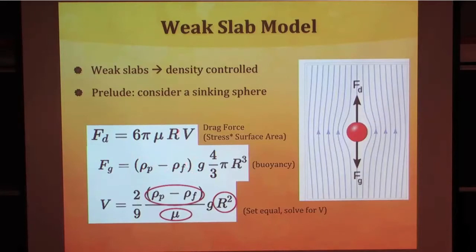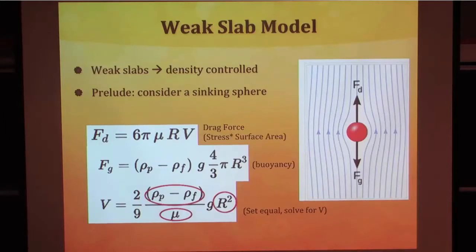And if you set these two equal and solve for the velocity, you'll find that the rate of sinking just depends on the density difference, right? That's going to increase velocity, as well as how big it is. Okay, the bigger it is, the faster it's going to sink, but it's going to be resisted by the viscosity of the fluid. Okay, and I'll come back and use this later to just get an estimate of the sinking